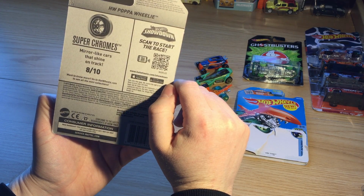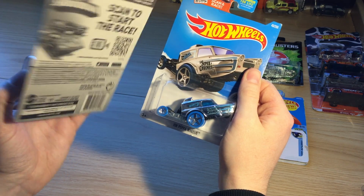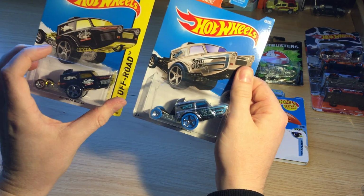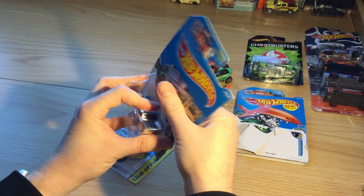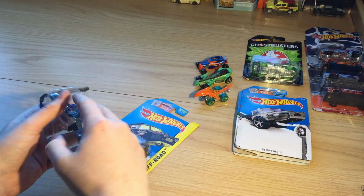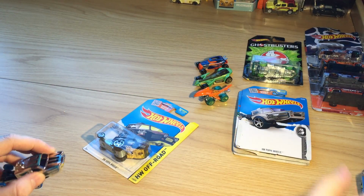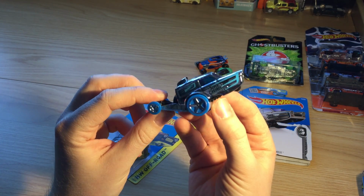So we've got the Super Chrome. This one, I think, is this one newer? Yeah, they're probably both around the same age. If you know, let me know. Let's open this guy up here. All right. Put that off to the side. Okay. So we've got